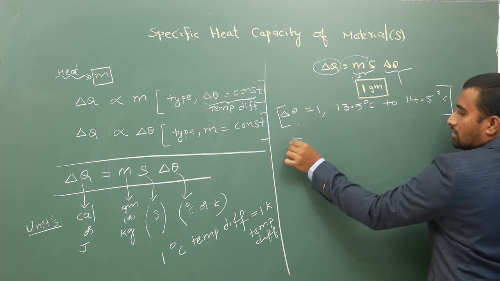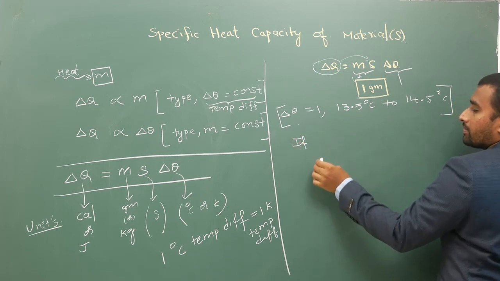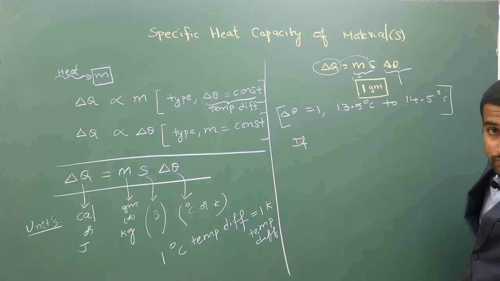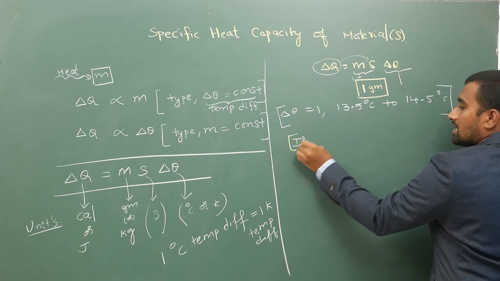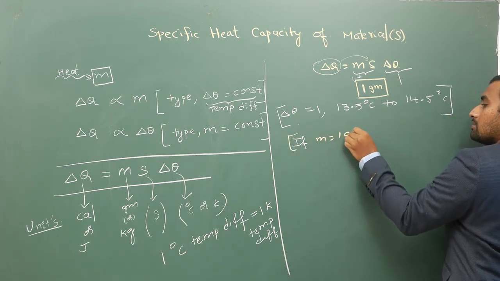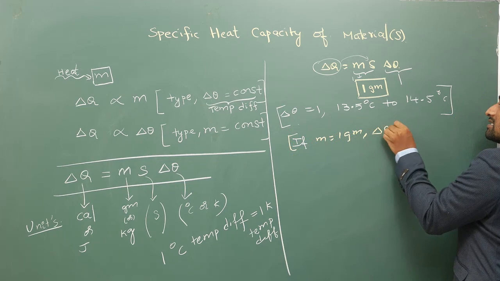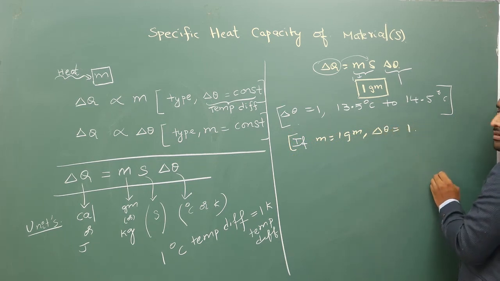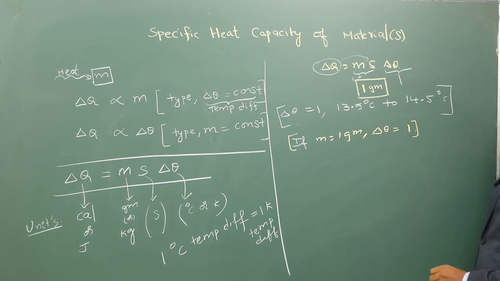So I'll write it here: if mass is equal to 1 gram and delta theta, that is the temperature change, is equal to 1, then your specific heat,